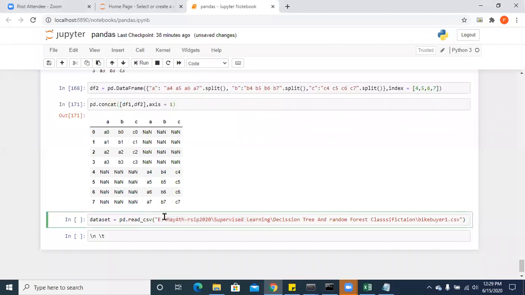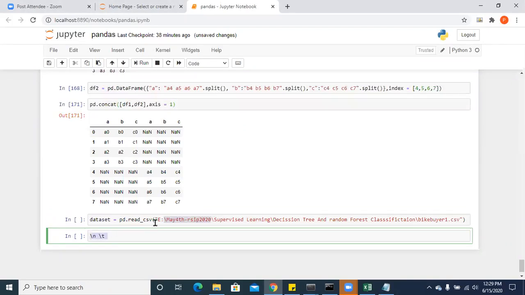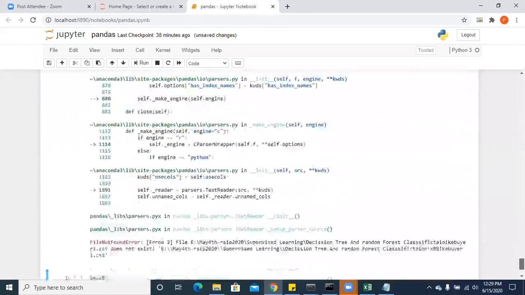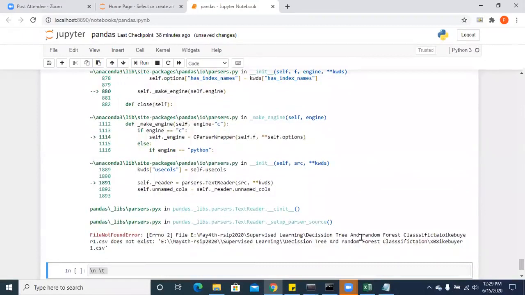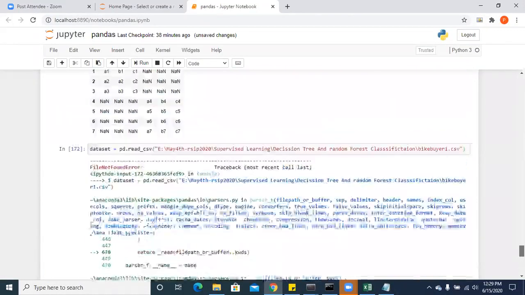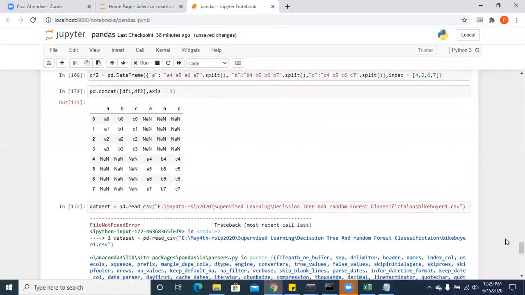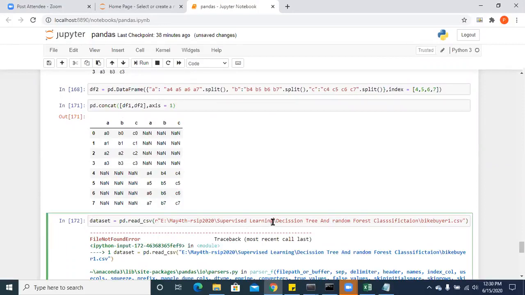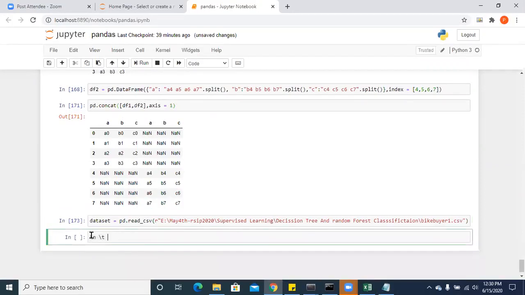Whenever you say this slash and May 4th RCIP, it thinks you are giving escape characters, so it will give an error saying the file does not exist. So you have to make it understand that it's not escape characters but a raw string. For that you put an R. Now just execute this. Your data set is read.